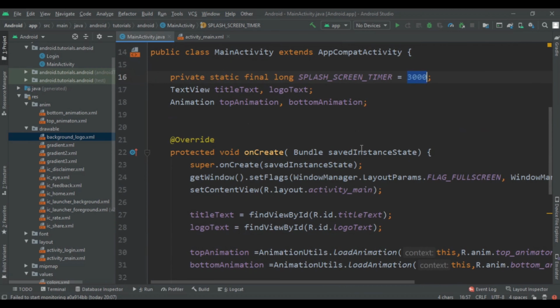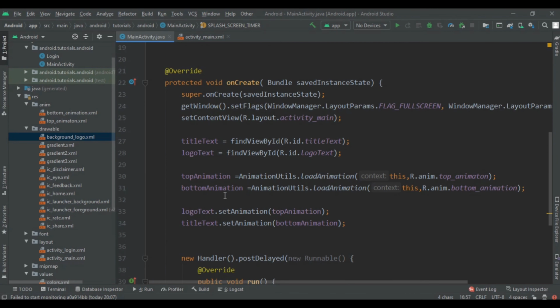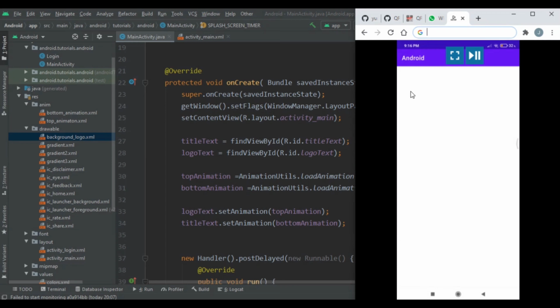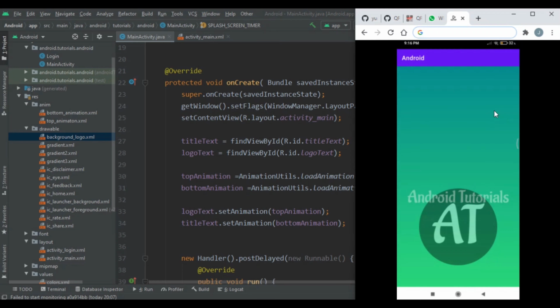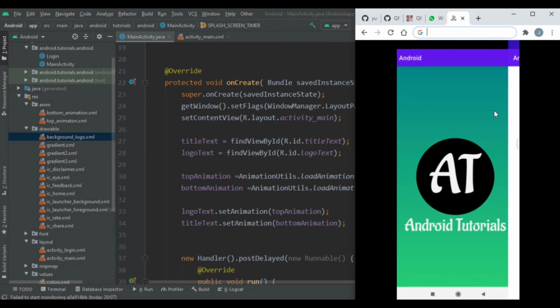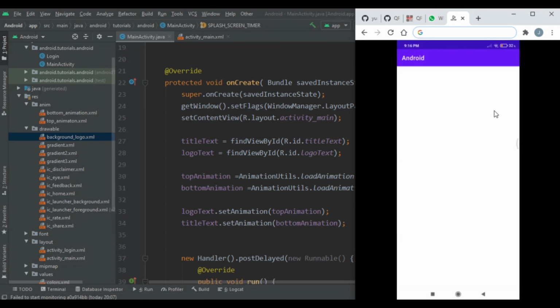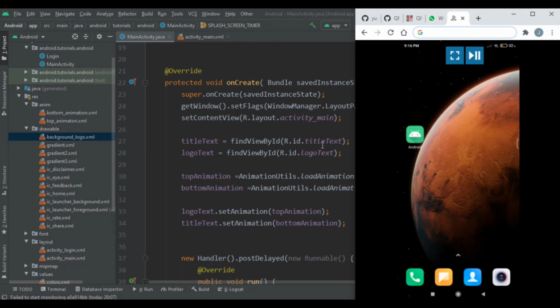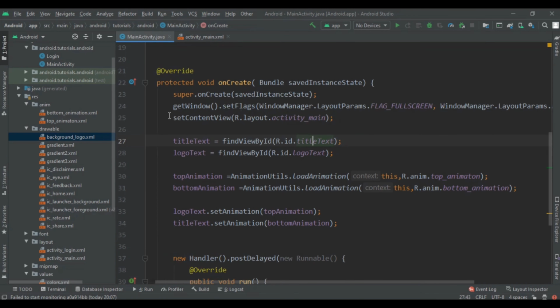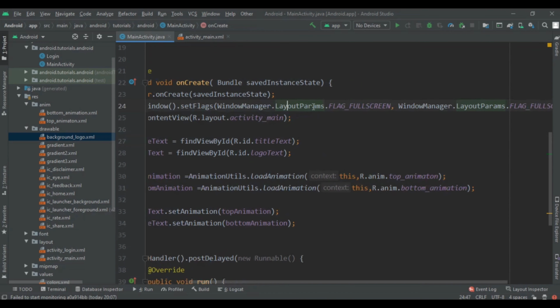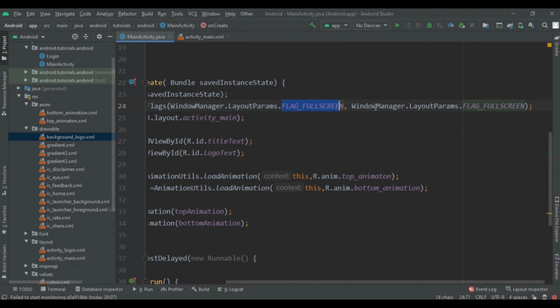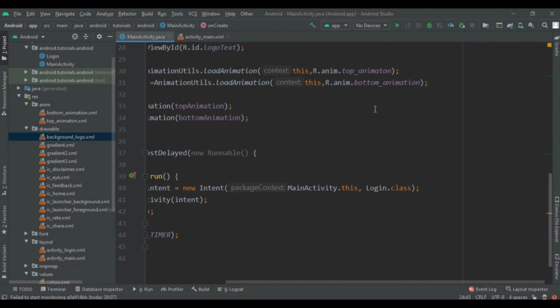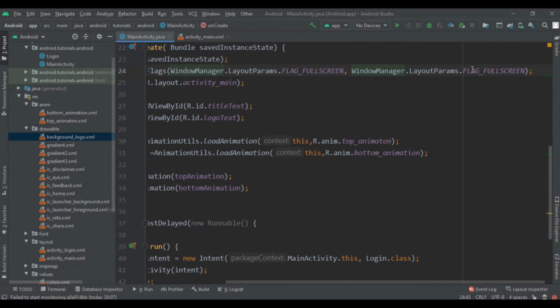I will tell you why to implement that. And now first we are going to remove the status bar. You can see that in our animation there is no status bar, but this action bar will be removed automatically when you run this code. So to remove that status bar, we have to write getWindow().setFlags and write WindowManager.LayoutParams.FLAG_FULLSCREEN, and then copy the same code again, that is WindowManager.LayoutParams.FLAG_FULLSCREEN.